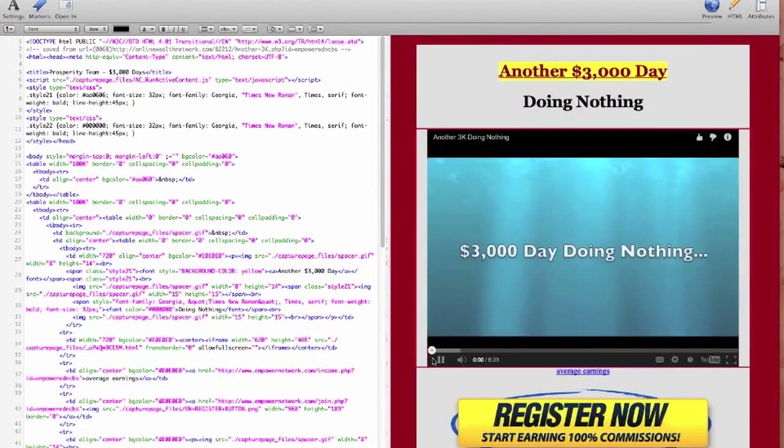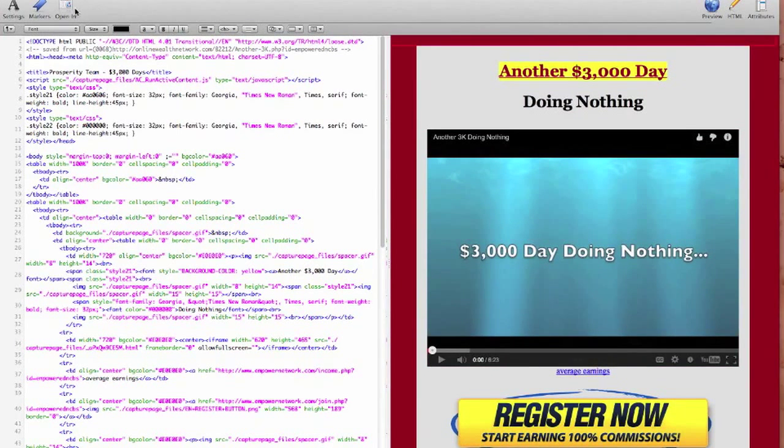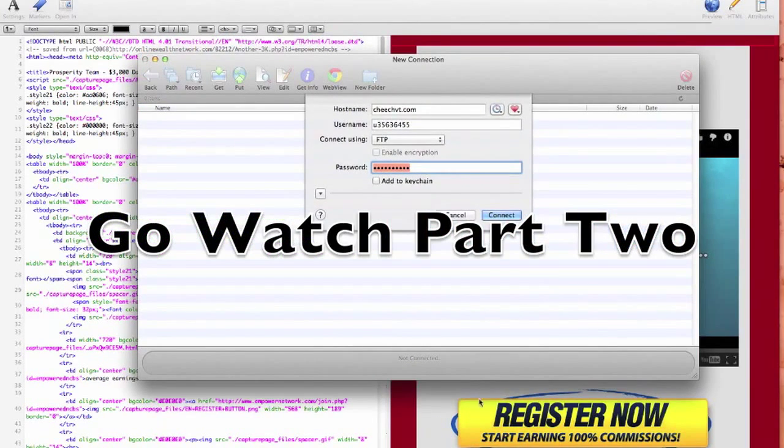So here's the deal. When you upload this page, and if you're using something like Fetch if you have a Mac, or WSFTP if you have a PC, and you want to FTP it up to your website,